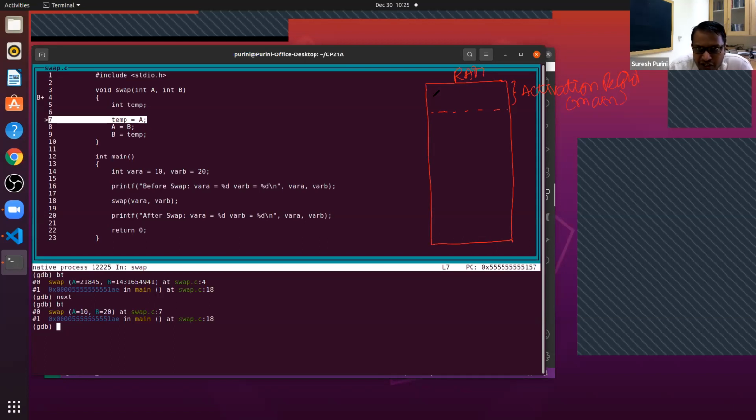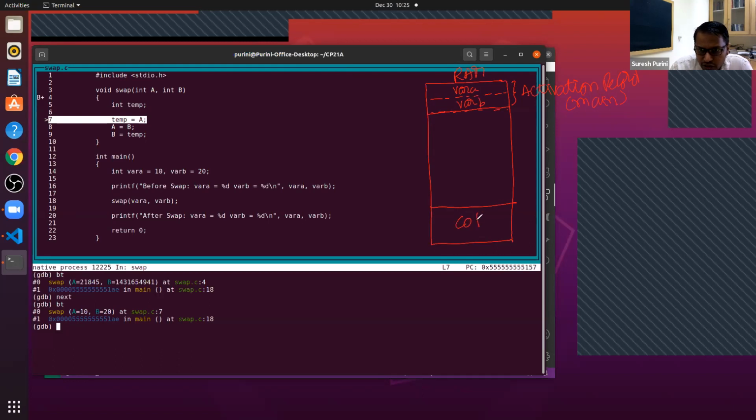In this activation record for the function main, let me draw this as a solid line. Memory for variable A and memory for variable B is allocated. And this is the place where the code for main will be present.